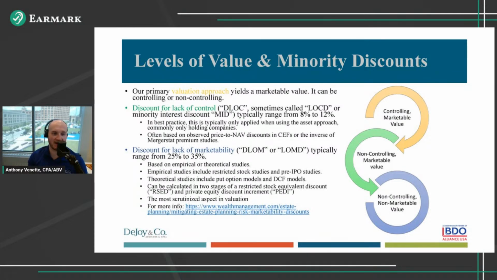Really important plug here for anyone who's dealing with business valuations or reviewing them for, maybe, a gift tax return you're filing for a client. This assumption is really key. It's the most scrutinized piece. I would encourage everyone to make sure that that is being done properly. Some lower level practitioners will take maybe some shortcut approaches there that don't stand up well in court. So I would encourage, there should be a two-stage model to this, because we're technically addressing two different issues in discount for lack of marketability. So anyone wants to talk more about that, I'm happy to talk your ear off, but really focus on that part if you're scrutinizing one of these, because those don't stand up well in court. I have more information available if you're interested in my article there.